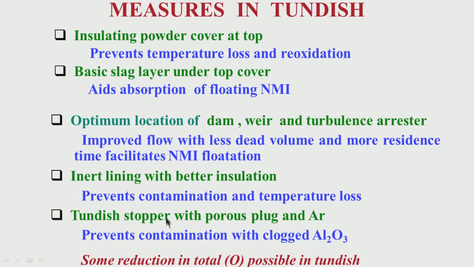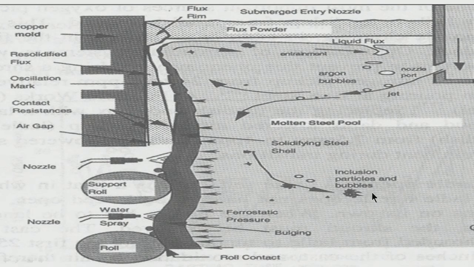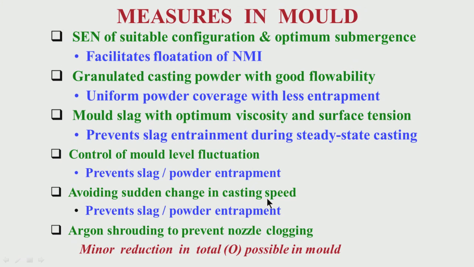So, this I have mentioned here, sudden change in casting speed is not good, argon shrouding is desirable. So, if we do all these measures, some amount of additional cleanliness is also possible in mold. Most of the cleanliness, as I have told you, we have taken care of in the ladle in secondary refining. Some amount of cleanliness enhancement we have done in tundish. Then small amount of cleanliness enhancement we can do in mold also if we take a lot of care,